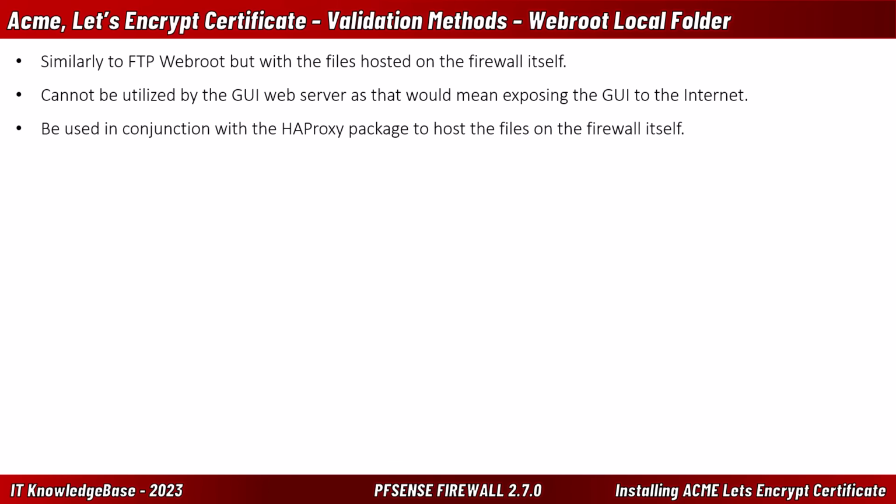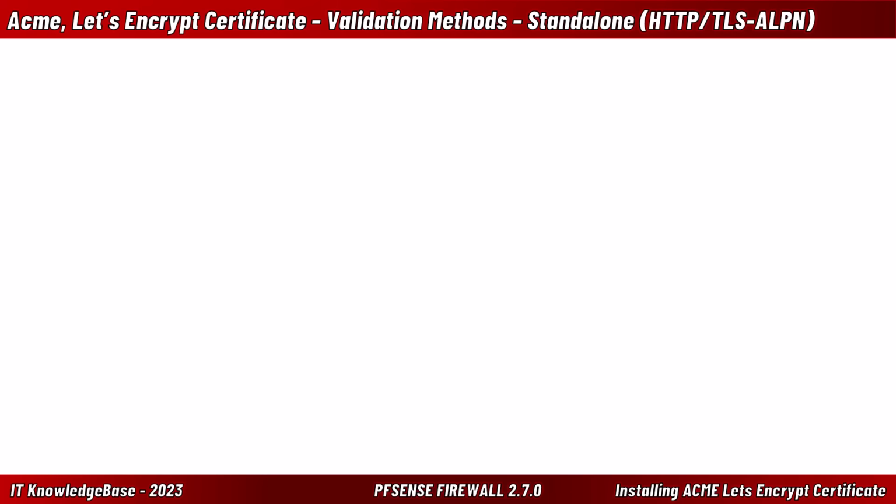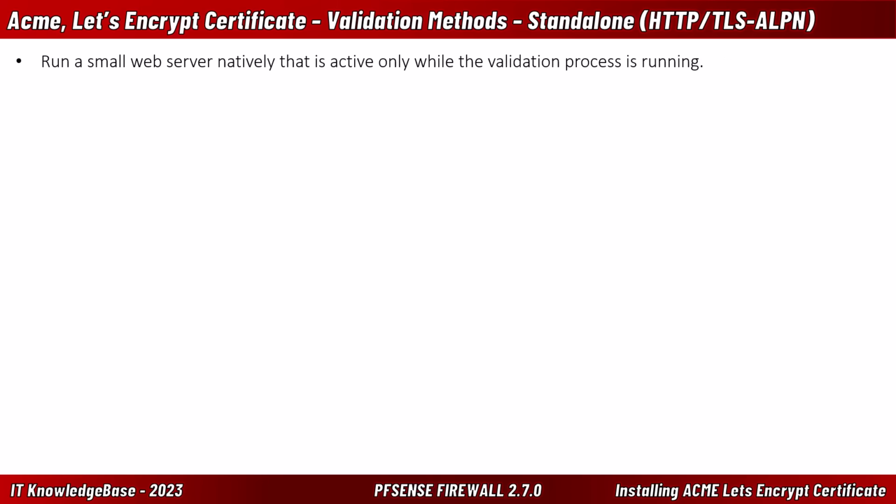This method can, however, be used in conjunction with the HAProxy package to host the files on the firewall itself in some circumstances. Validation method standalone HTTP/TLS-ALPN. The standalone method for HTTP and TLS-ALPN runs a small web server natively that is only active while the validation process is running. This method is more secure as it encrypts communication with the Acme provider, but there is